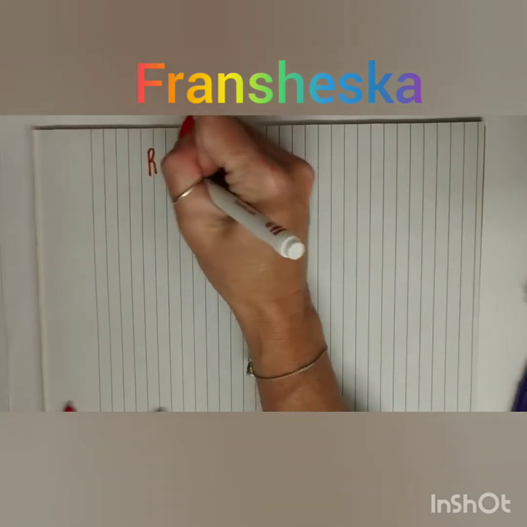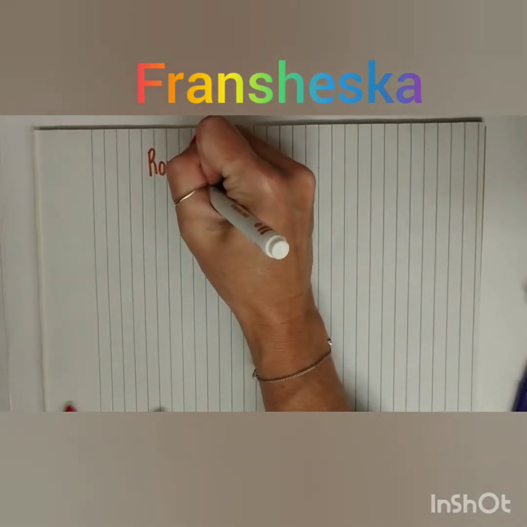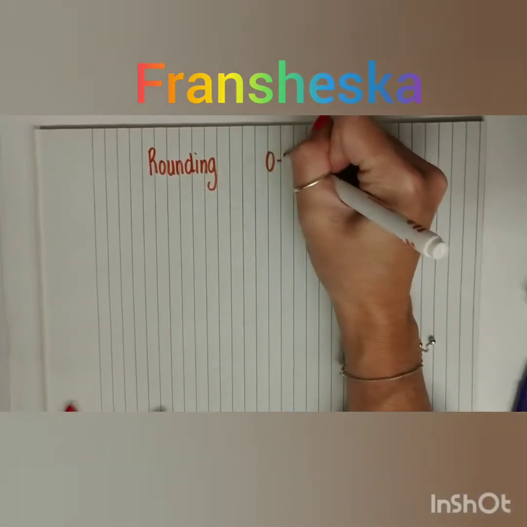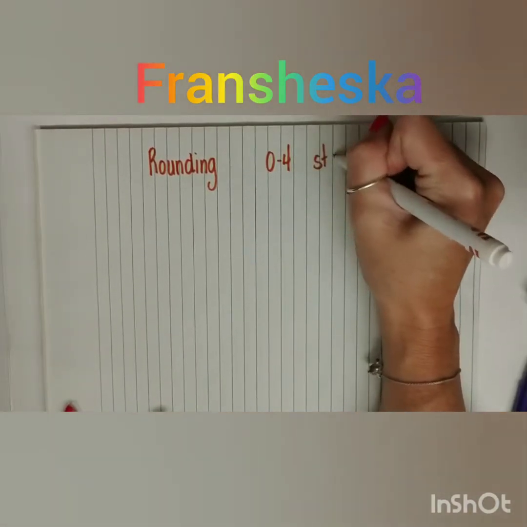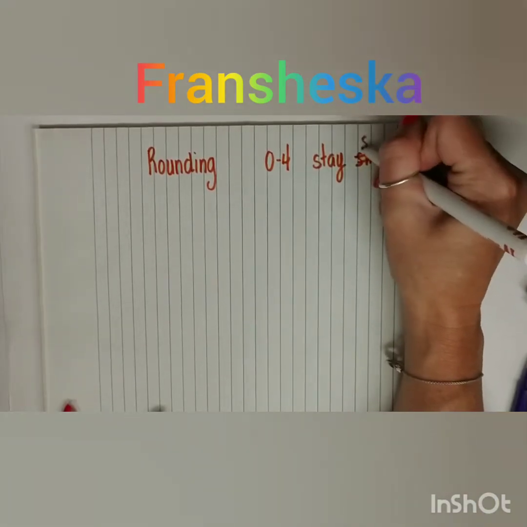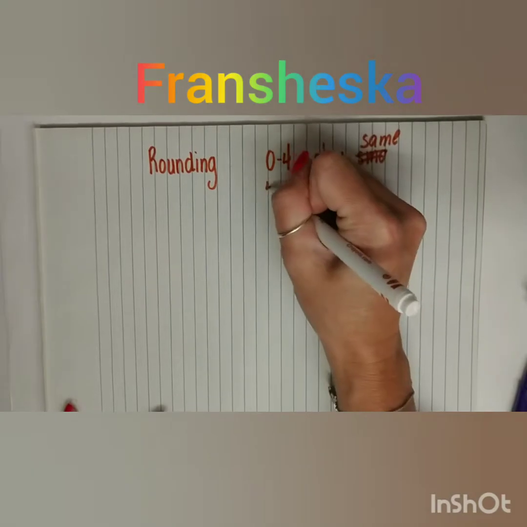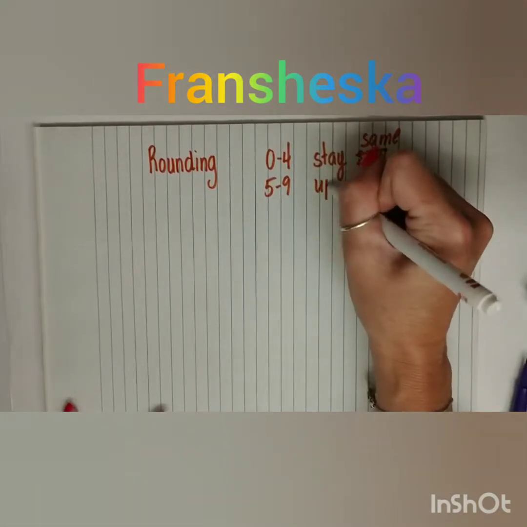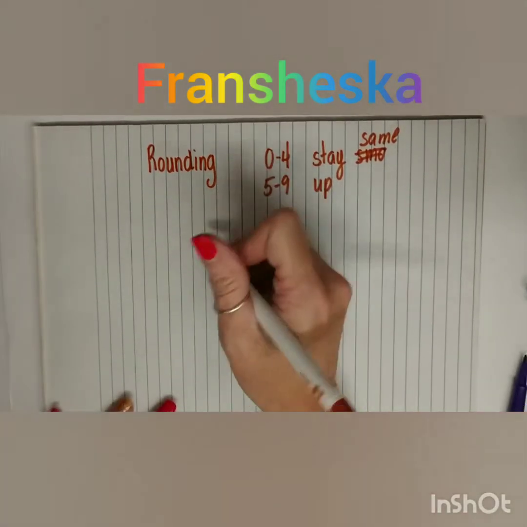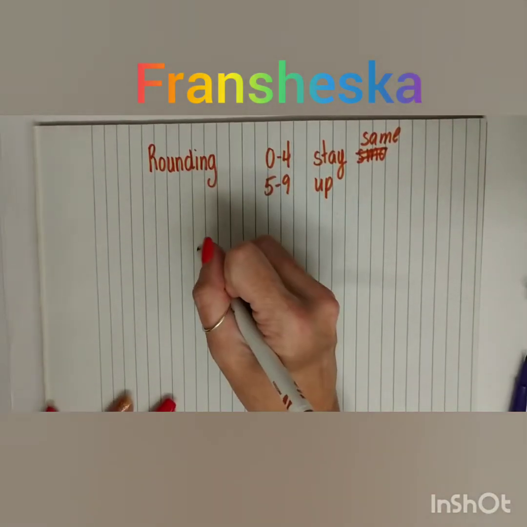Rounding. So here, the expectation is that you are able to round using the rule 0 to 4 stays the same. Oops, let's spell same right, S-A-M-E. And 5 to 9 goes up. All right, so you have to be able to round to the tens, hundreds, and thousands. So here's an example. Let's do